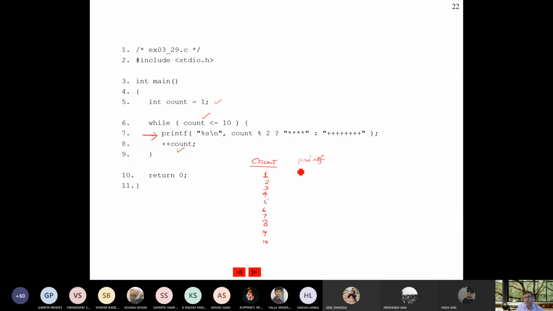Now I am not going to explain how this plus will increment; it was already done. Then the printf statement says it will print something based on count mod 2.